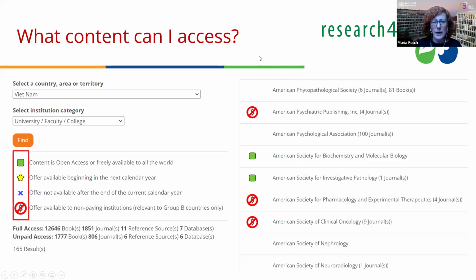Christine has raised her hand. Yeah, there is one question that I think can be answered from here. It's from Tsuma Takasil, sorry if I pronounce it incorrectly. I would like to find out if the resources available in Research4Life under the publisher Taylor and Francis are still the same as those found on the Taylor and Francis subscribed platform.